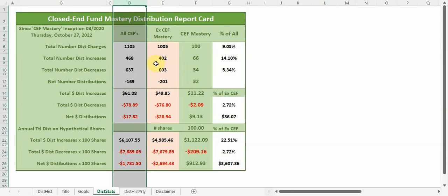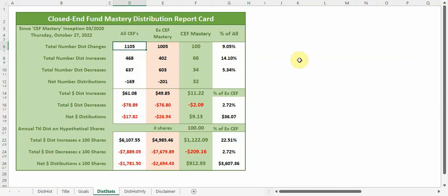In the first column, we have the performance of all closed-end funds since the inception of Closed-End Fund Mastery Super Screener. You can see that of the 326 closed-end funds we cover, there has been a total of 1,105 distribution changes. That includes increases and decreases. Below that, you have the total number of distribution increases, which is 468, and the total number of distribution decreases of